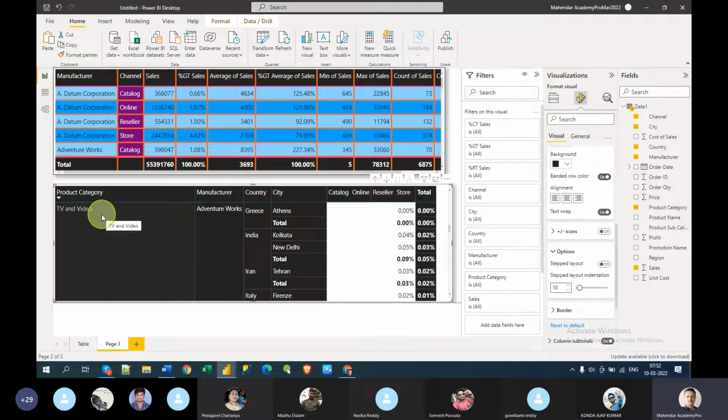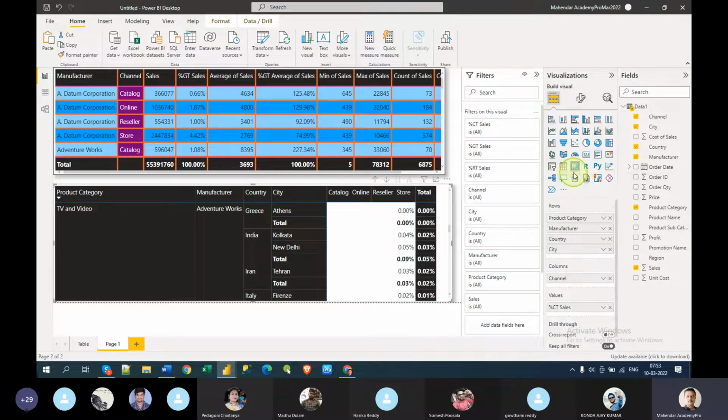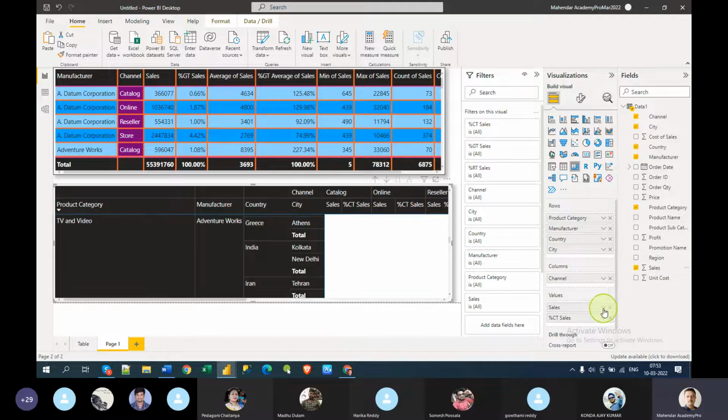So today we have learned two visuals. One is table and then matrix. So let me write down. Not only that, the percentages and the values, right? You can also have this with different things, sales and percentage, and sales also you can see.